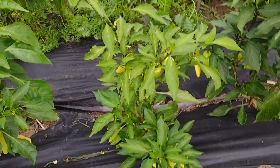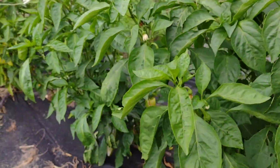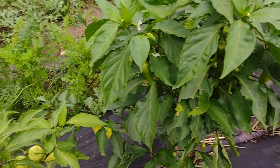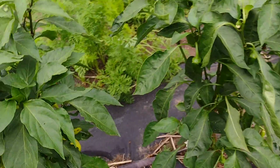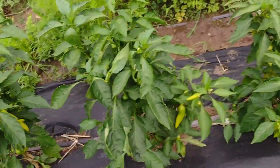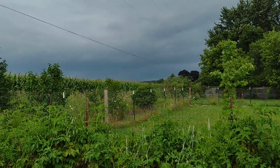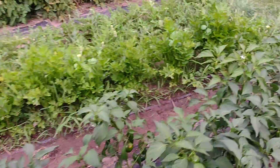All of our peppers have gone crazy. These banana peppers and even the Corno de Toros, although we didn't end up with very many of those plants, they just put out peppers like you would not believe. We've harvested so many. I've canned banana peppers twice. Oops, some lightning over there. And the jalapenos, I mean,